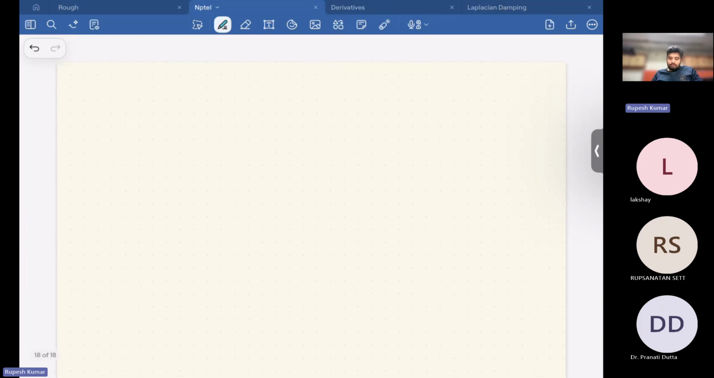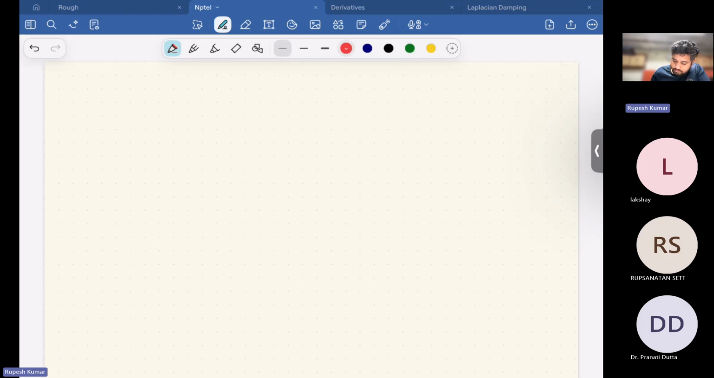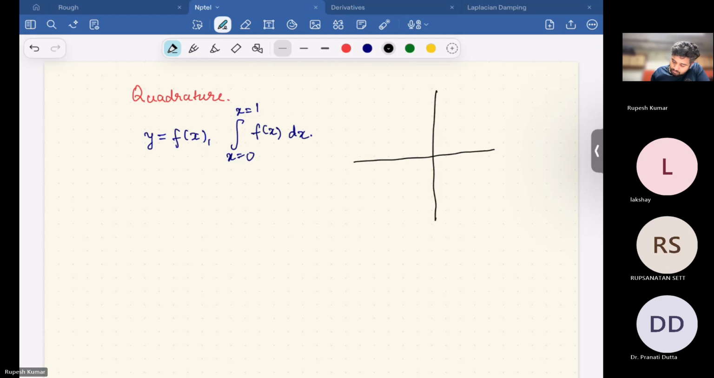Essentially quadrature rules, and we will see a very basic example of quadrature. Let's say you are given a function y equals f of x, and you want to find the integral for x equals 0 to x equals 1 of f of x dx. So if we plot the curve for this function,